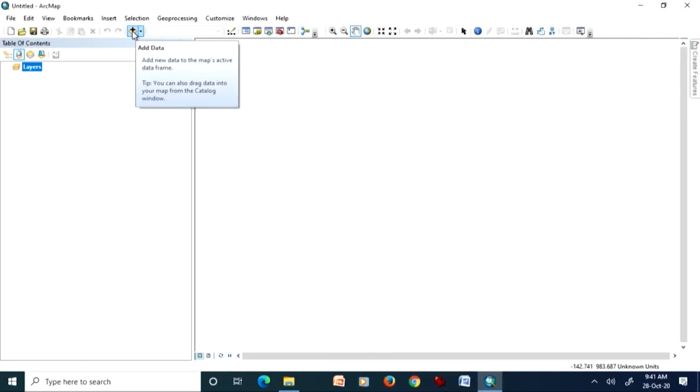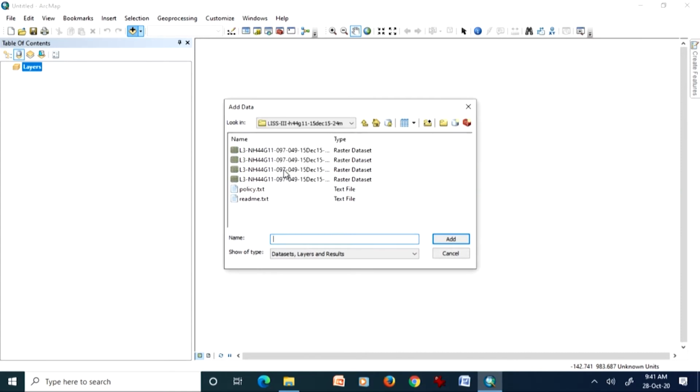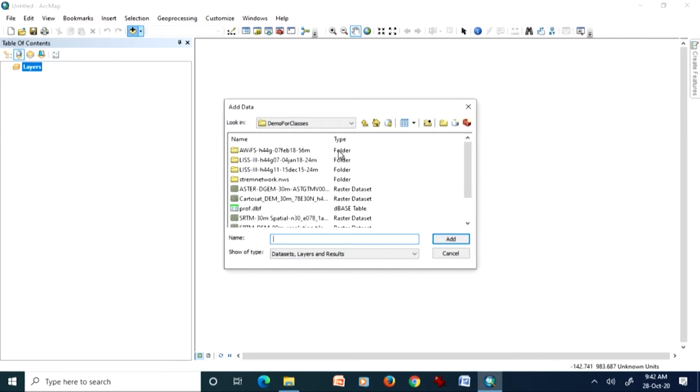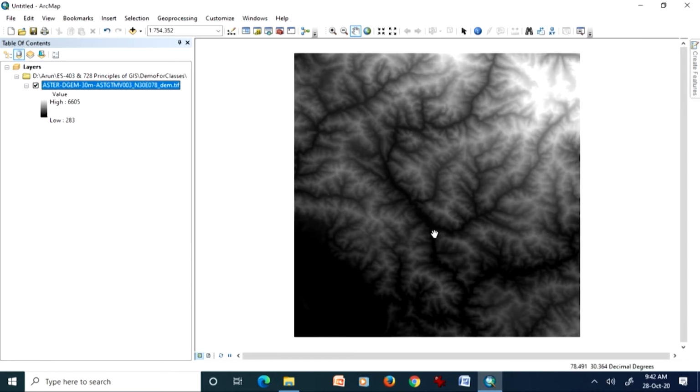So, here what I am going to do is first add a digital elevation model, which is an Aster GDEM of 30 meter spatial resolution, as also mentioned, part of Himalaya, so that we can see these things. This is the digital elevation model which I have just added. The 1 degree tile I have downloaded from Earth Explorer or similar. There are various such sites from where you can download for your area of interest.